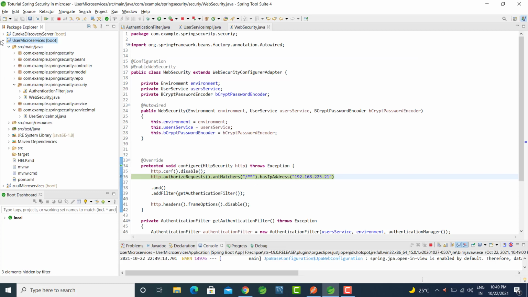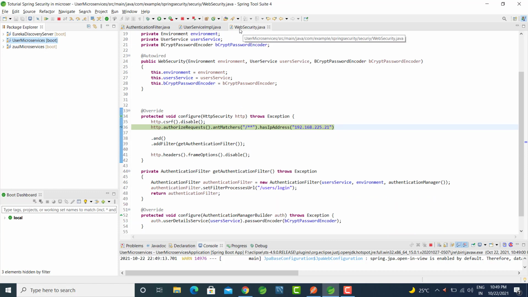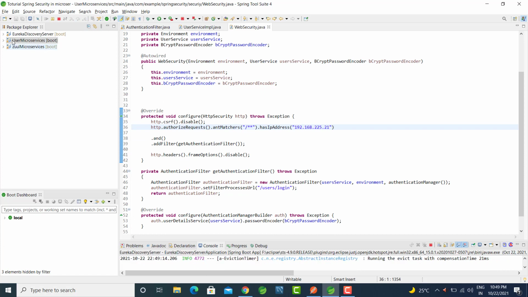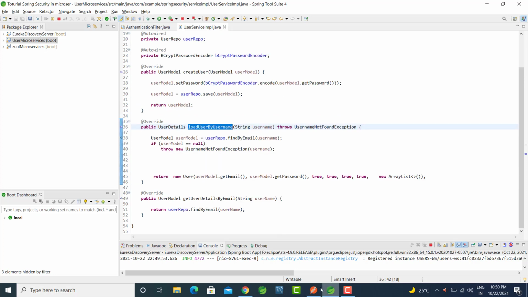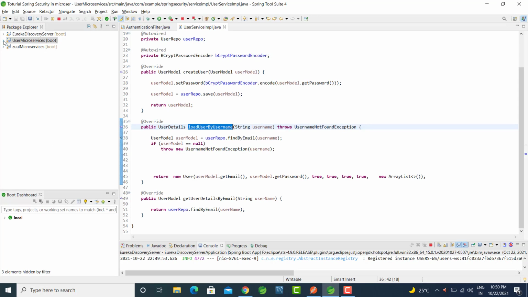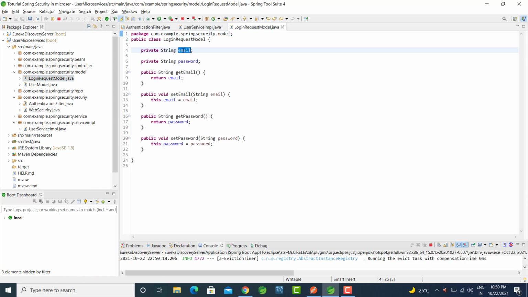Okay, I already told you while deploying this application, it will load this class. So this breakpoint is triggered. So I remove this breakpoint and resume. And here you can see user login, and this same URL you can see here. Email ID, password. We are matching these fields from our model. This model here, login request model, you can see email and password.